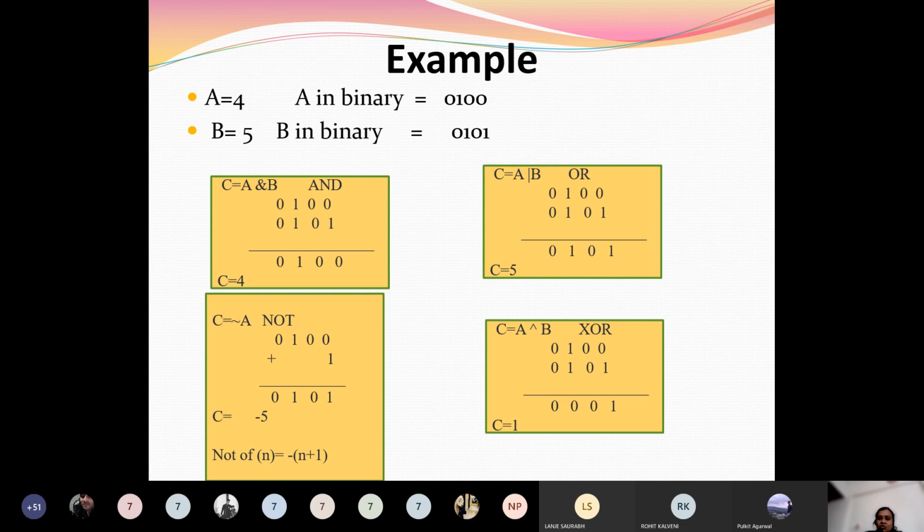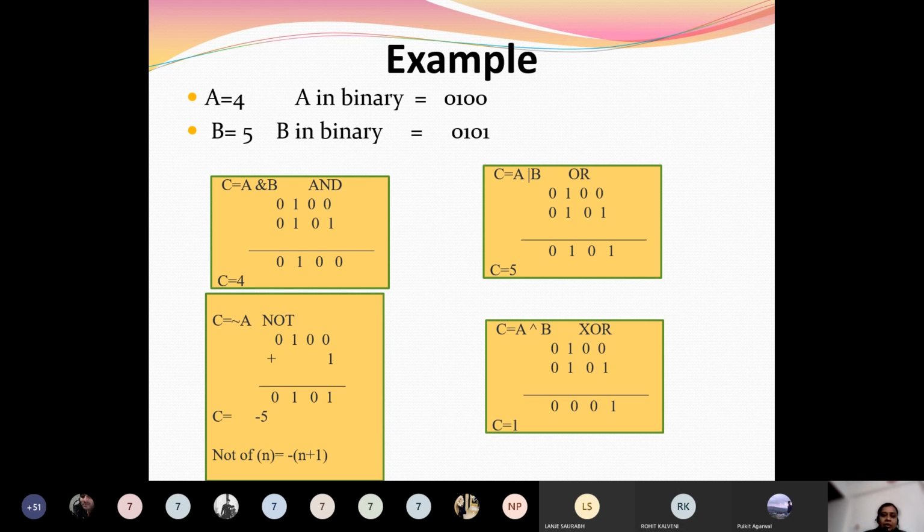So here just make a simple rule, or simply use this formula: not of n is equal to minus of n plus 1. That means if I have taken the value of A as 4, then 4 plus 1 becomes 5, and its minus sign is applied. If I have taken the value of A as minus 4, then plus 1 is added and the minus sign becomes plus. Like this way. So not of n is equal to whatever the value of n plus 1, and that will become negative.